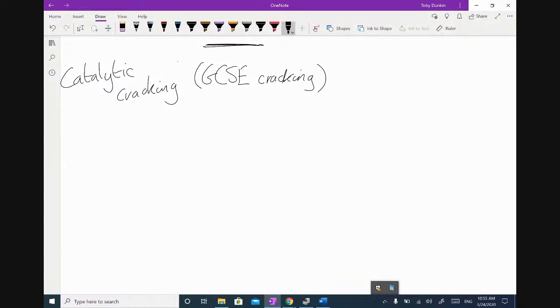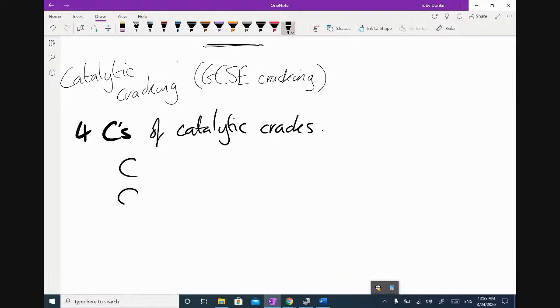So catalytic cracking. What you learn are the 4 C's. This is the 4 C's. I'm going to reduce my pen size now. 4 C's of catalytic cracking. I'm just going to get the details down. Catalytic cracking, and those 4 C's,